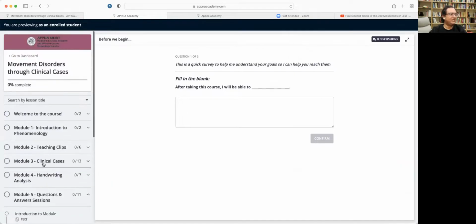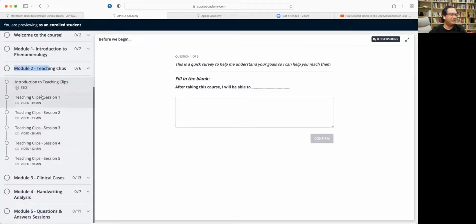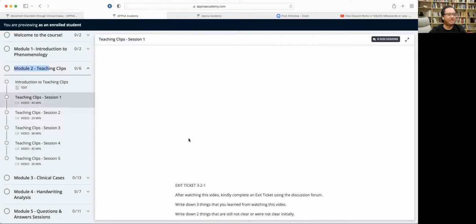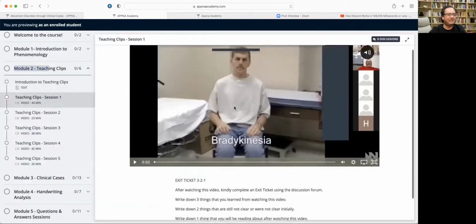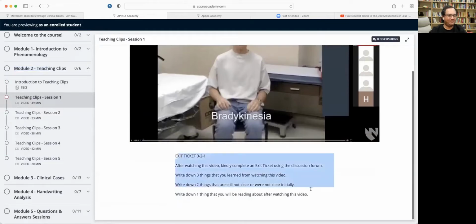and answer sessions. Now, when you go through any of these modules, like these teaching clip sessions, you will see that one of the requirements for these teaching clips is that you have to complete an exit ticket. What is an exit ticket? An exit ticket is basically a simple summary of what you have learned out of that lesson, out of watching that video session or a round of clinical case.